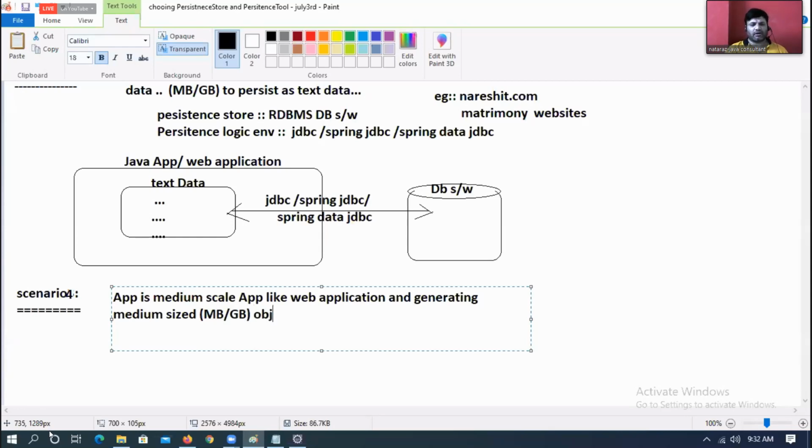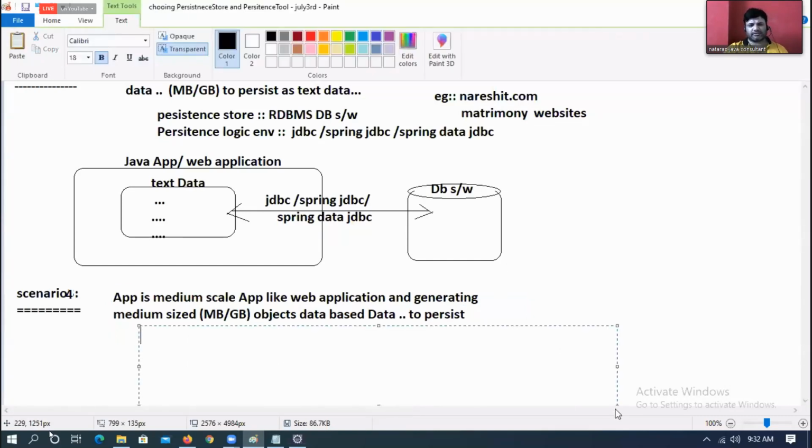It is generating medium sized objects based data, to persist.